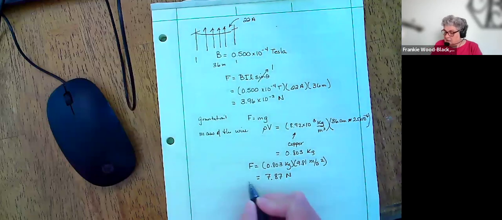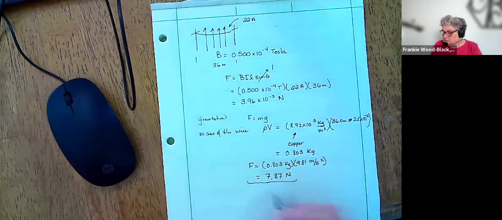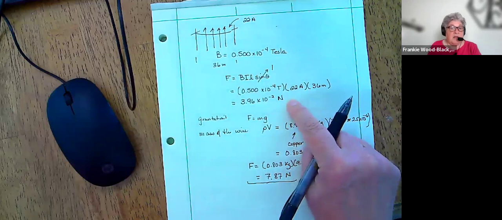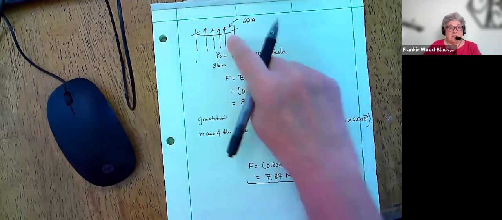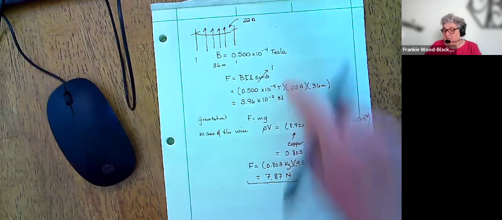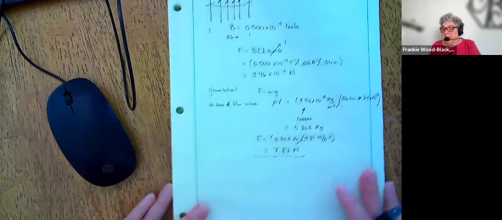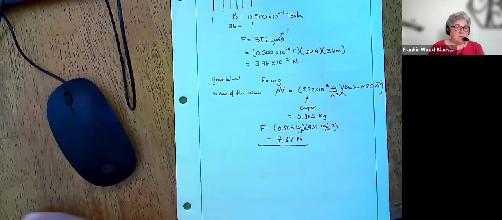But I want you to look at the force that we've got due to gravity is significantly higher than our magnetic force that we have on this wire. And we're going to find out the same thing when we deal with what's the magnetic field being generated by current in a wire. But the reason that people get concerned about it is that there was a study done